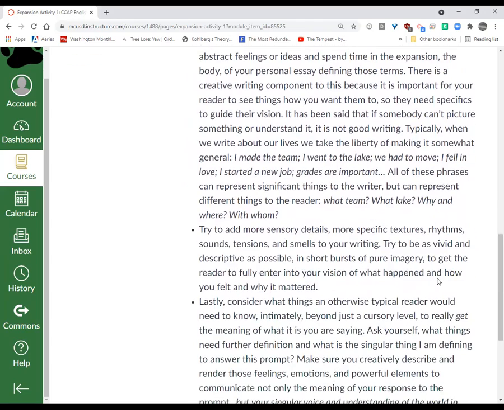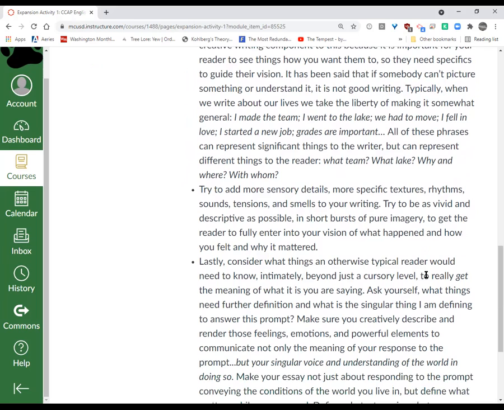So when you circle all these abstract words, I want you to really think about what you need to add more sensory details to, and also what you want to define for the project of responding to this prompt. Try to add more sensory details, more specific textures, rhythms, sounds, tensions, and smells to your writing. Even though a smell isn't probably that pertinent to the theme of what it is you're trying to say,